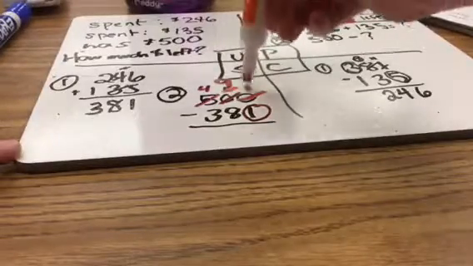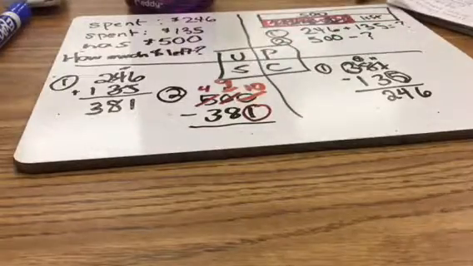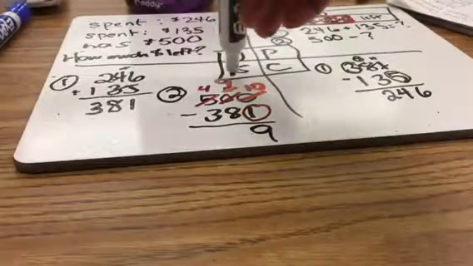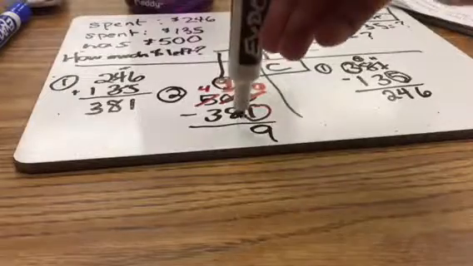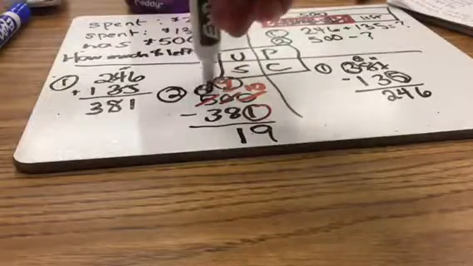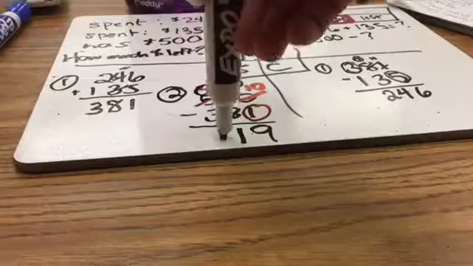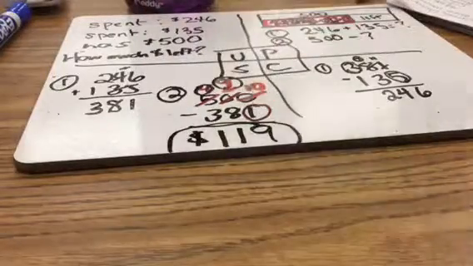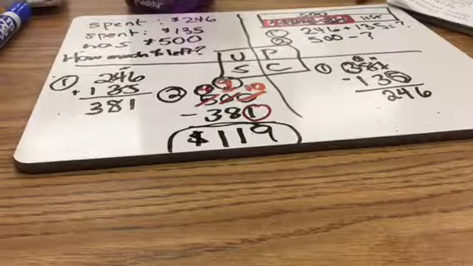Take one of those tens, trade it in for 10 ones. 10 minus 1 is 9. Bigger number on top, no need to stop. 9 minus 8 is 1. Bigger number on top, no need to stop. 4 minus 3 is 1. So my final answer to my final step is $119. I'm going to